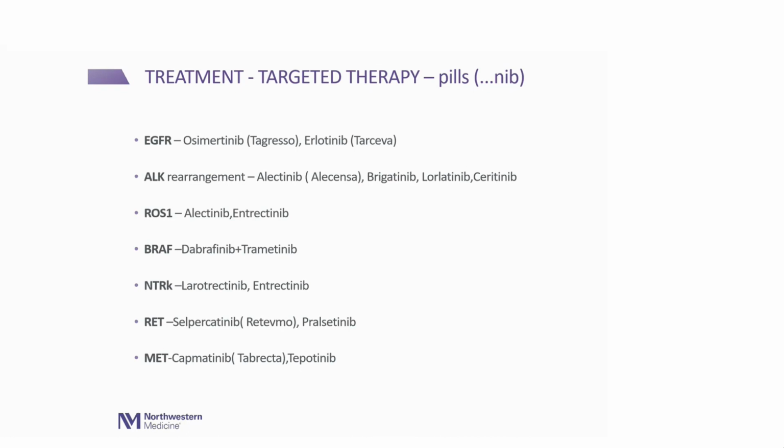And these abbreviations here on the left side of the hyphen are basically mutations or markers that we use to decide which medicine would be appropriate. When we talk about personalized medicine, these are all things that we look at. I'll talk about that in more detail down the road, but this slide is just to give you an idea what all these different types of treatments used to treat cancer are.